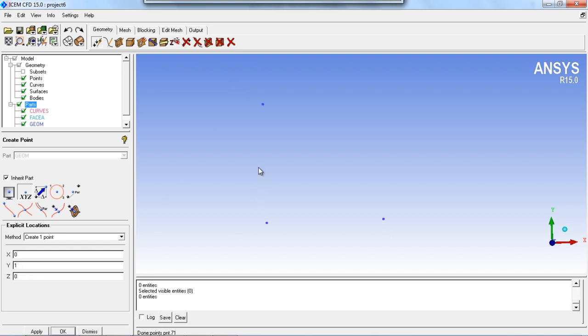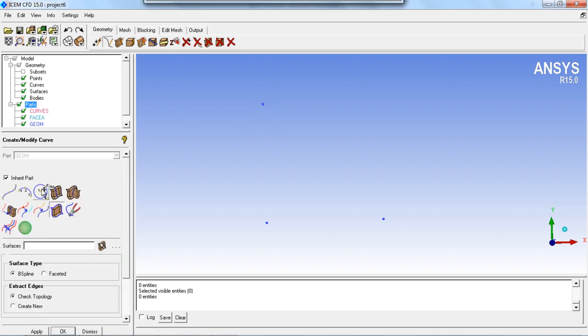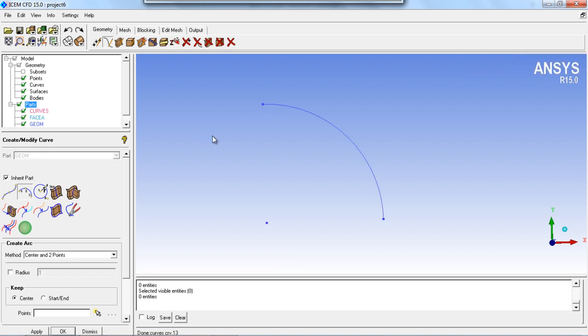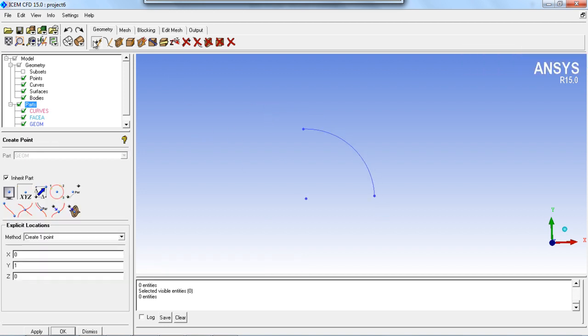So with 3 points, first is at 0, 0, second is x1 and y0, third point is at x0 and y1. I will use the second option, that is the center and 2 points. So I choose first the center point and these 2 endpoints, and I get the curve over here.